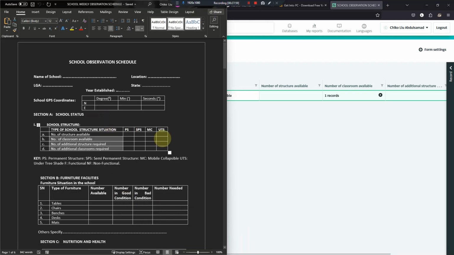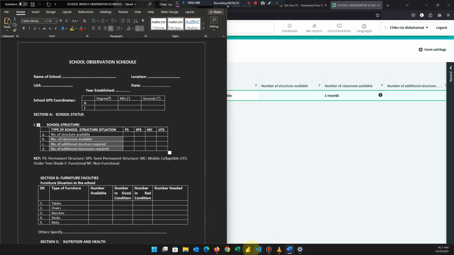So I'm going to apply this same thing. Oh, so this is the key. The PS is permanent structure, semi-permanent structure, mobile, collapsible, under tree shade, functional. Oh, that's interesting. Anyways, that is what it is. For the section B, I'll just create a section. In the next session, I don't want this to be too long. And yep,